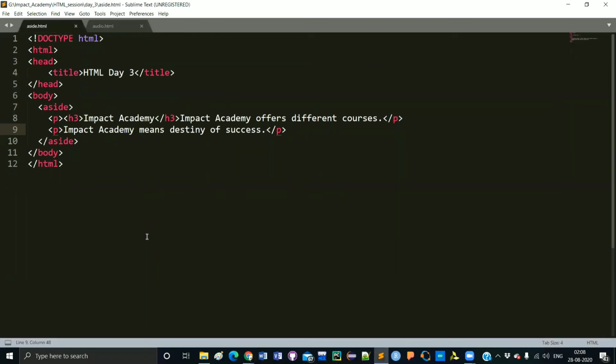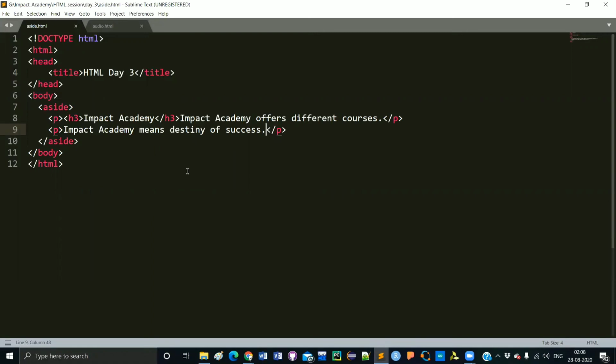Now our next tag is the aside tag. It is another important tag. So why is this aside tag needed? Suppose I have a subject or a topic, and suppose the topic is Impact Academy. I want to write that Impact Academy offers different courses, Impact Academy means destiny of success, and so on and so forth.